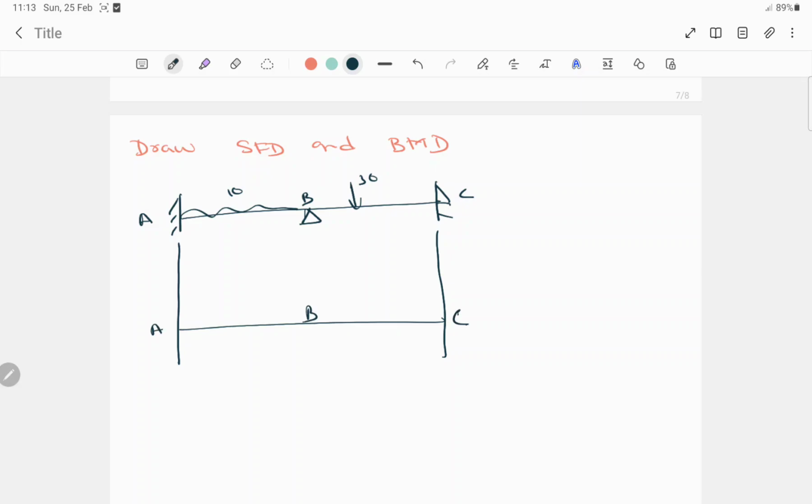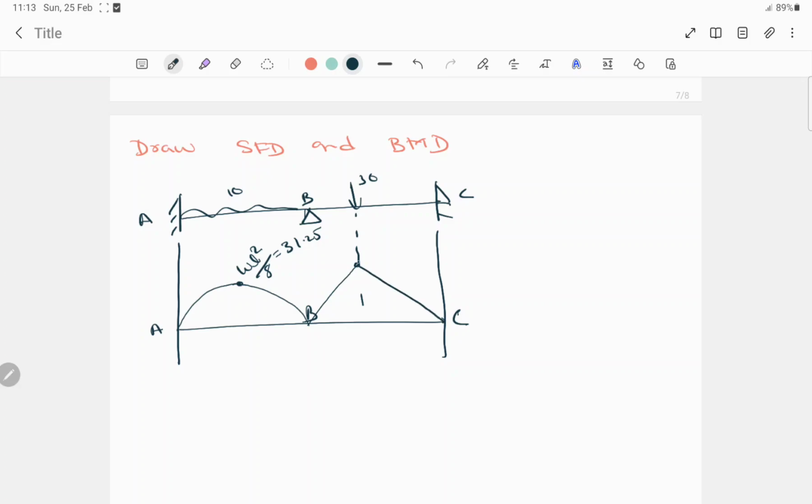So see, for the bending moment diagram for the UDL, obviously the bending moment diagram will look like this. It will be parabolic, right? And the maximum bending moment will be WL square by 8. After putting the value, we'll get the value around 31.25. And for a point load here, the bending moment diagram will be like this for this span,